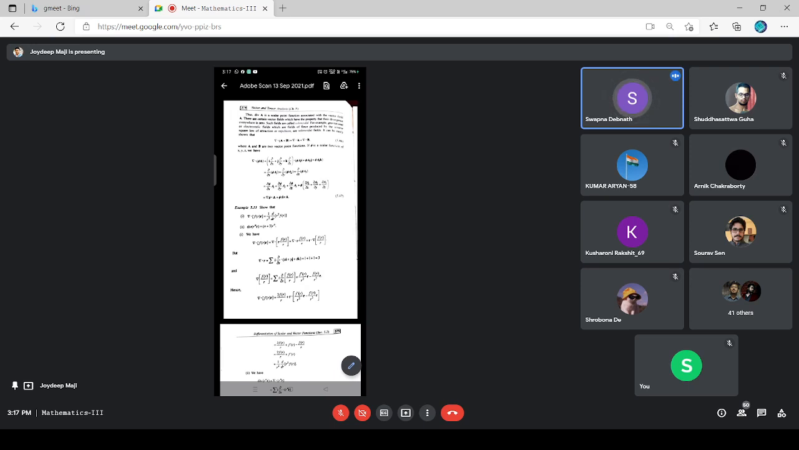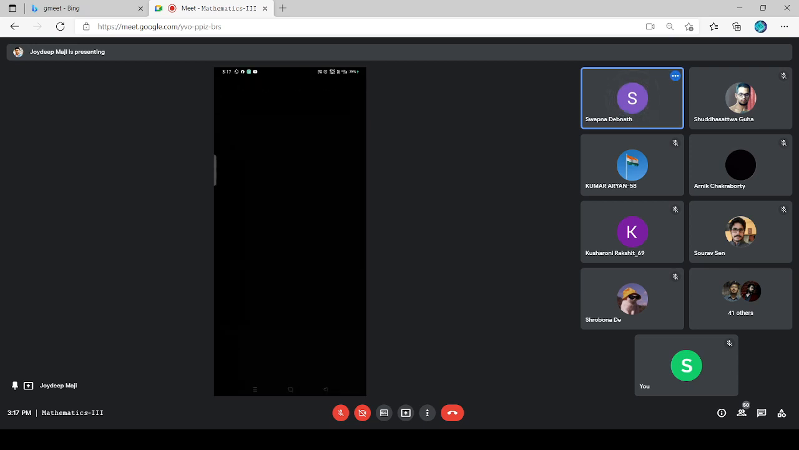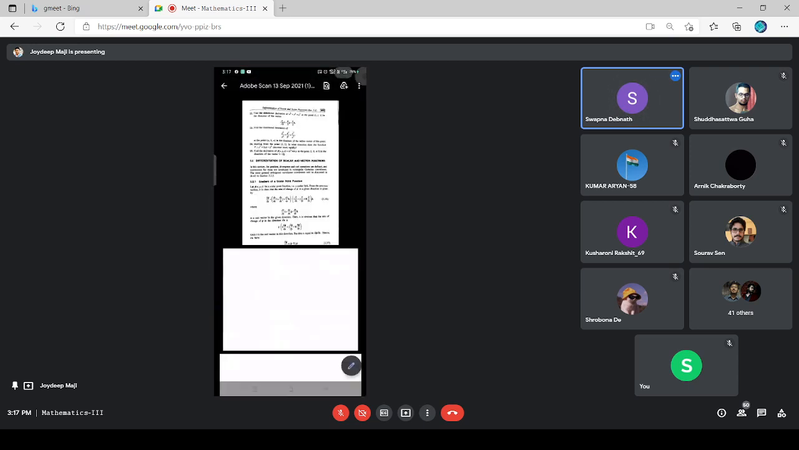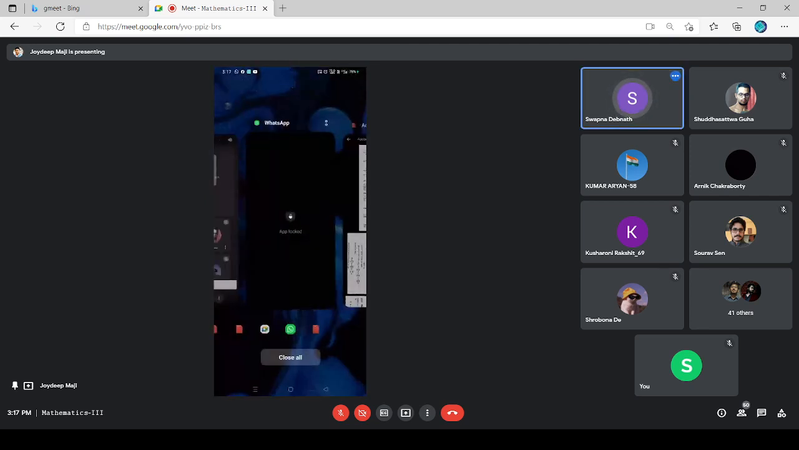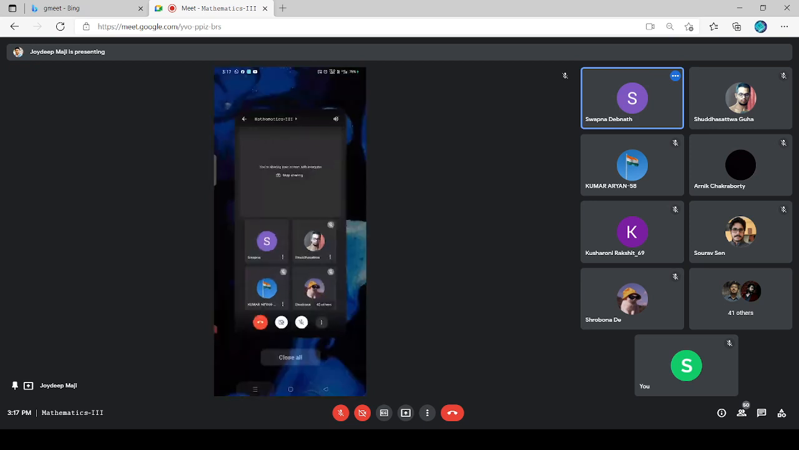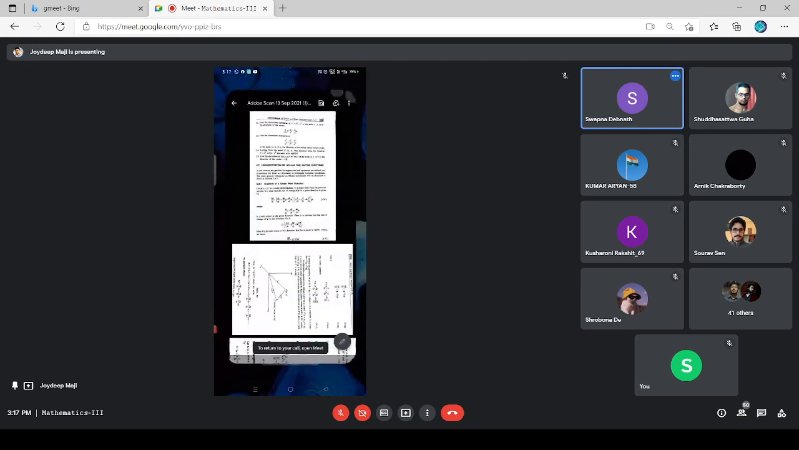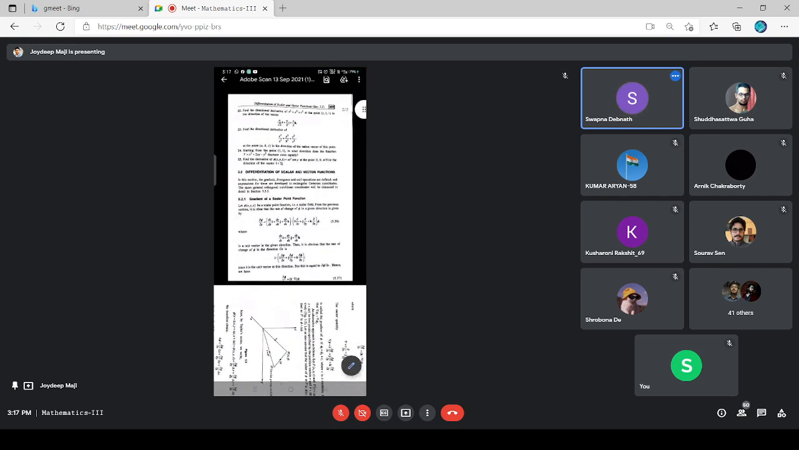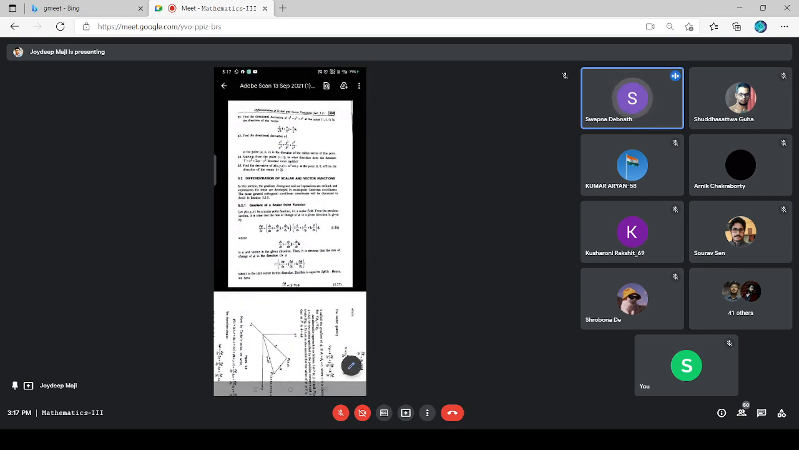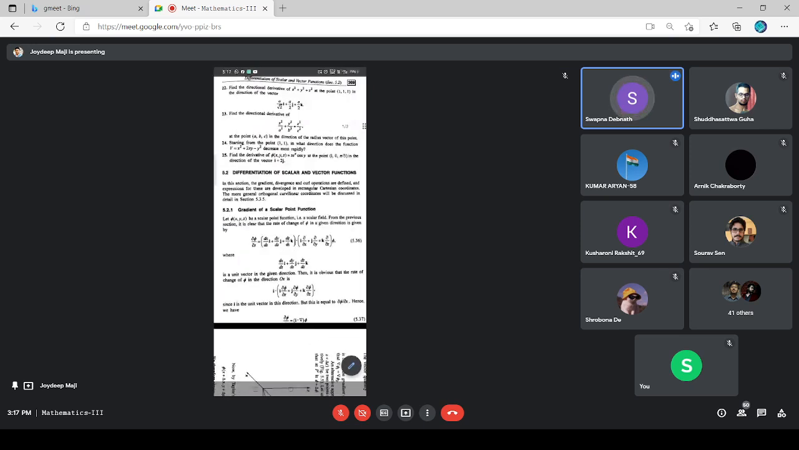5.2, these are the, no, the next part. That is the first part and this is the second part. This one. Yes, differentiation of scalar and vector functions. Now, what is gradient? Gradient is